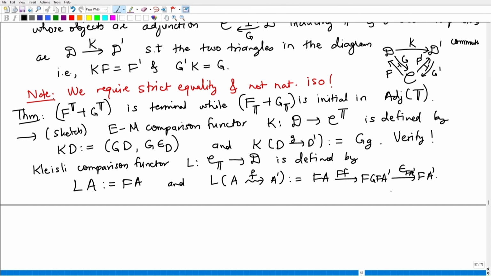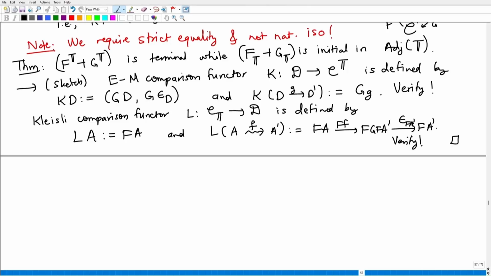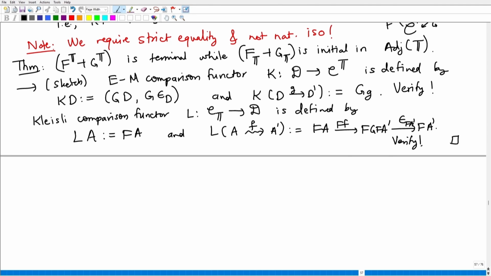Again here verify that this is actually a morphism in the category of adjunctions over T and it is the only one. So Kleisli and Eilenberg-Moore categories have a special position in this category of adjunctions. But as I mentioned, this EM construction is going to gain more importance, but let's talk about some limits and co-limits. So in general,